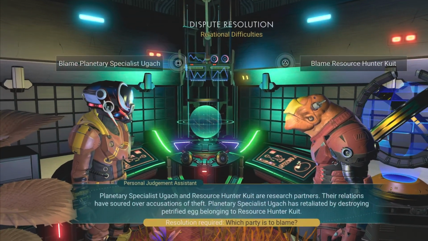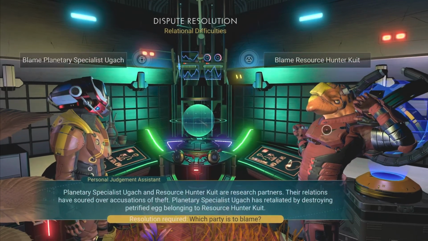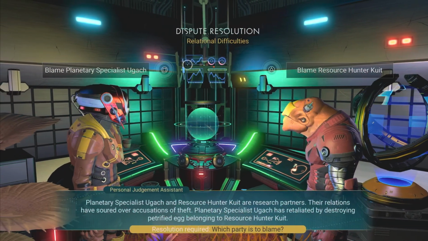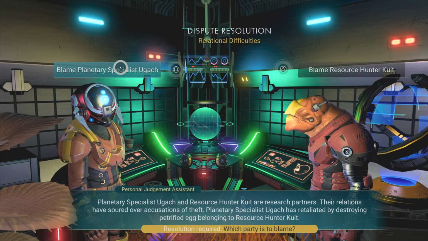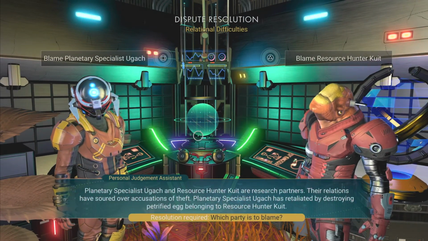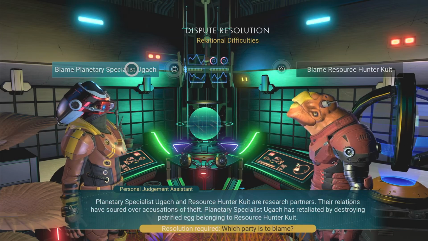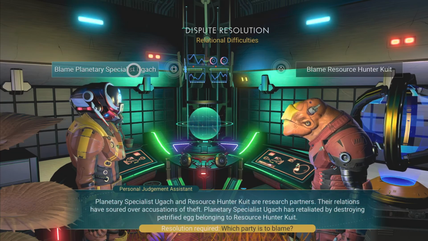I mean, you'd think because their name is over it, but whenever I choose, this person is happy, but here it's saying that I'm blaming them. I don't know, but I'm gonna blame the Korvax. The relations have soured after accusations that Planetary Ugok has retaliated by destroying petrified egg belonging to. Okay, so he destroyed an egg, so he's guilty for retaliating, even though they weren't sure that the other person